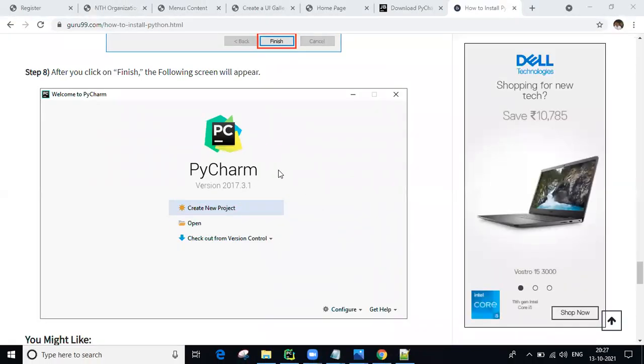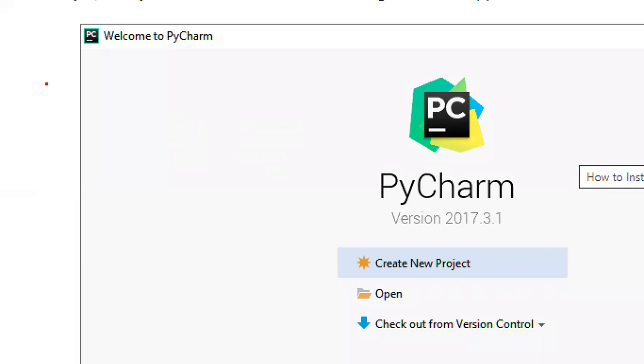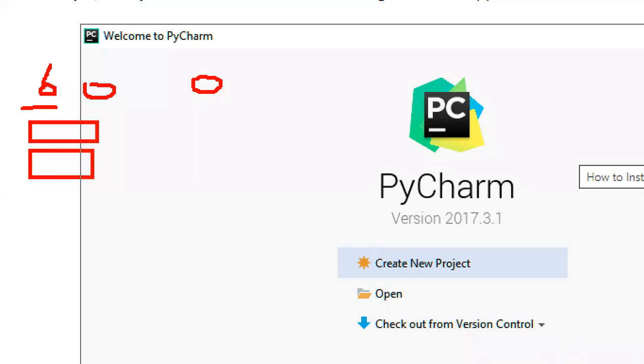Okay. So before this screen, guys, you will get one more extra screen. What is that screen? You will get 3 radio buttons, guys. Radio button means round buttons. Okay. So one is enter your license. It asks for a license username and password, guys. If you select this radio button, it asks for a username and password, and we need to buy. If you pay money, then you will get a username and password. I don't want to buy.